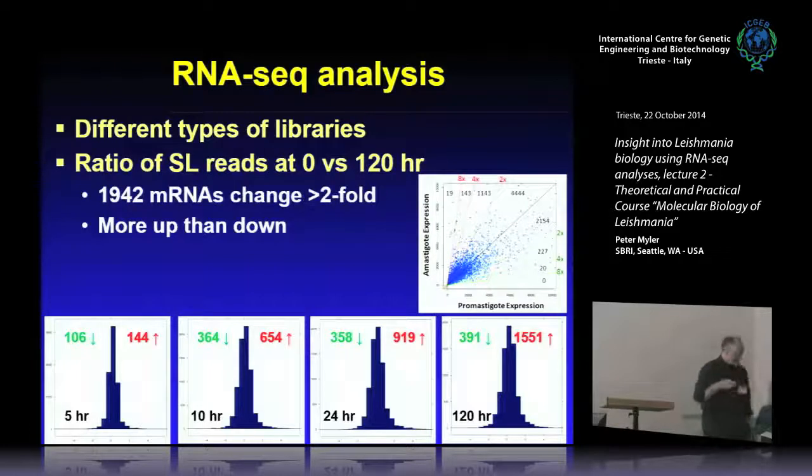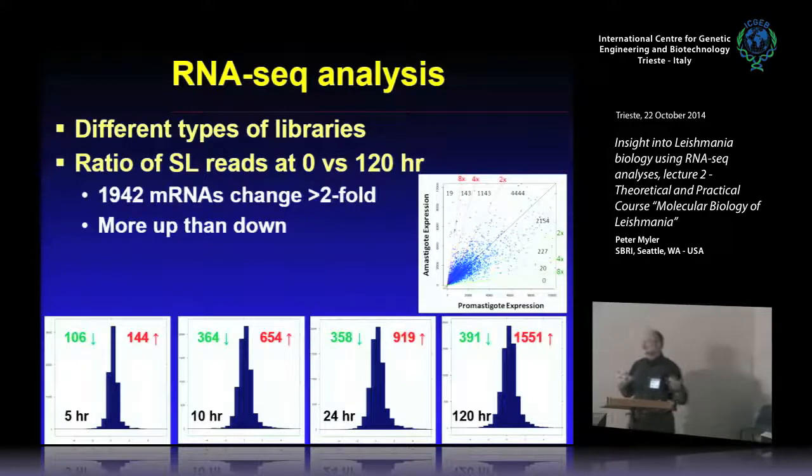Because normalization is actually never done correctly, mostly because you can't actually normalize correctly, because what are you going to normalize against? Most people normalize against total RNA. Well, we don't know, and in fact it's quite likely that the amount of RNA in a promastigote is different from the amount of RNA in an amastigote. So if you're looking at a per cell basis, your normalization won't tell you that. Not only that, but